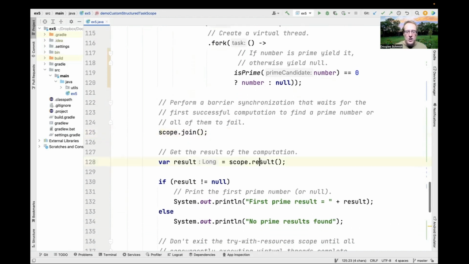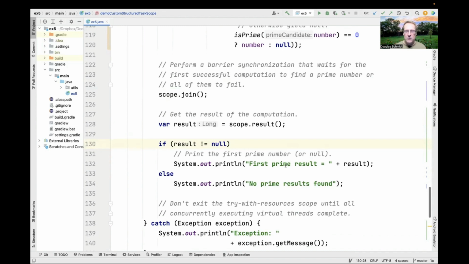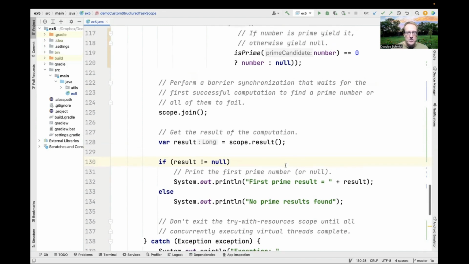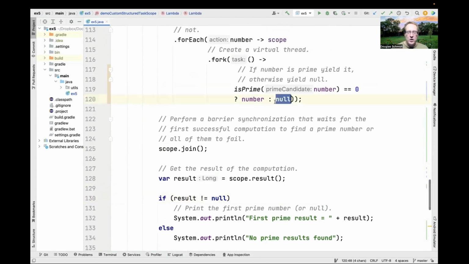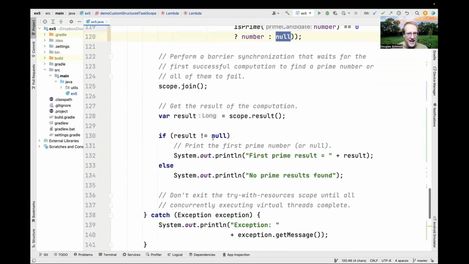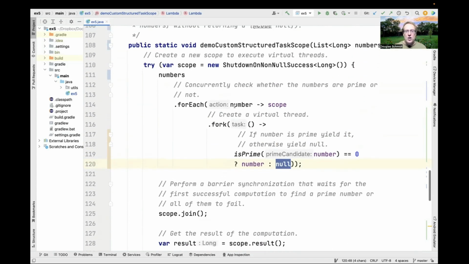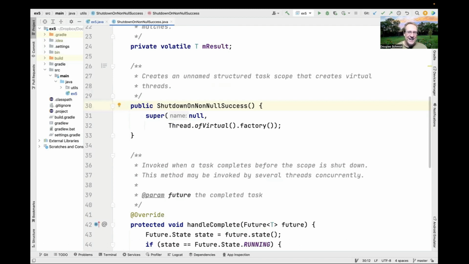We then go ahead and get the result. And if the result is non-null, we found our first prime result. Otherwise, no prime results were found. So the first thing to notice is there are no exceptions being thrown here, and there's no exception handling being used here. So now let's take a quick look to see how we implement that custom variant of